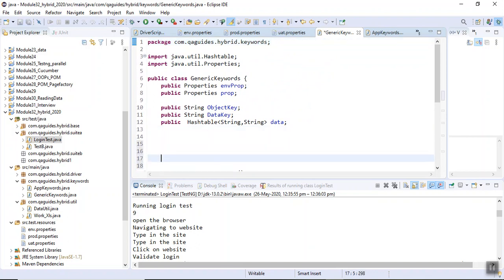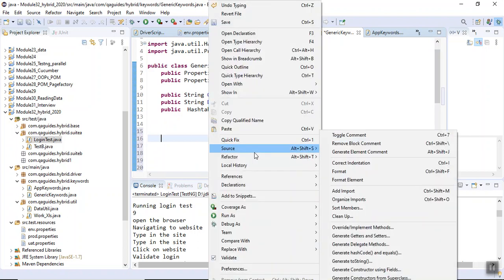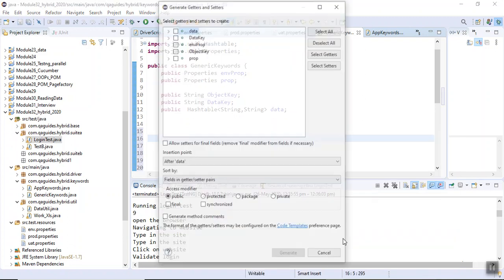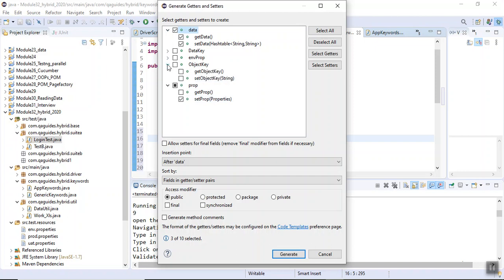Let's give some space. Okay, right click over here. Fine, and source, and where is getter setter? Generate getter and setter. Okay, see now what I have to do, data. For prop, let's take set. For object key, take set.